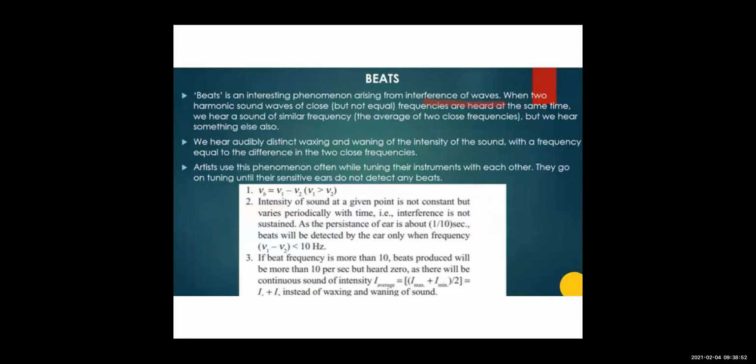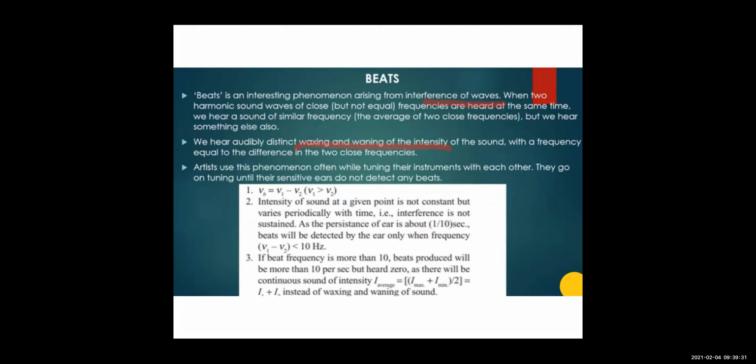are called beats. Means you can hear some variation in the intensity of the sound, because the frequencies are nearly equal but they are not exactly equal, right? So we will hear the intensity of the sound rising and the intensity of the sound falling. That is, we will hear the waxing and waning of the intensity of the sound, right? This happens when you have interference, when you have overlapping of two waves having nearly the same frequency, not the same, nearly the same, and their amplitude is the same and they are traveling in the same direction.